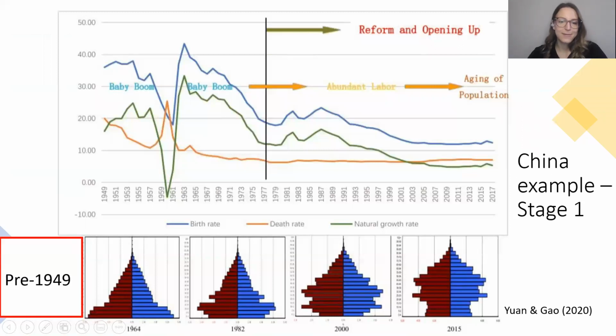Which leads us to a very unique example. So what happened in China is really unprecedented because they went through a few of those sort of population stages of the demographic transition in one generation. So that is completely unprecedented. Nowhere in the world is known to have experienced something quite to that level that China has. So what do I mean by that? Well,